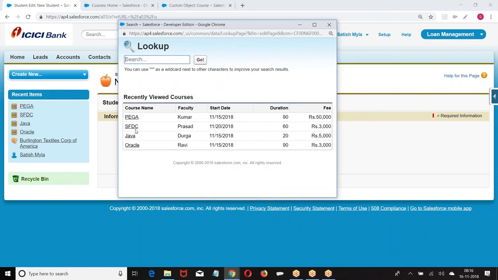When you are using a course object as a master or a parent, in master detail or a lookup, when you click on the lookup field, which fields of the parent should be displayed? If you are using me as a master or a parent, in the lookup relation or master detail relation, which fields of my object should be displayed?